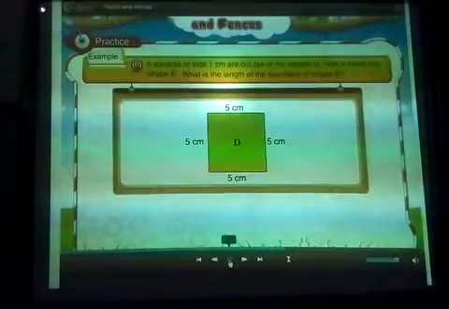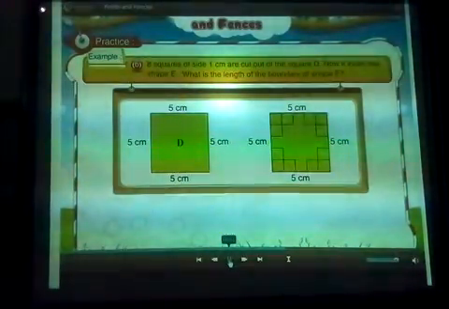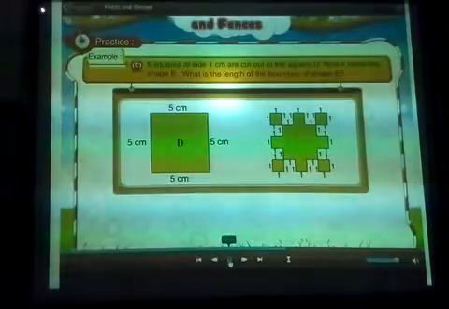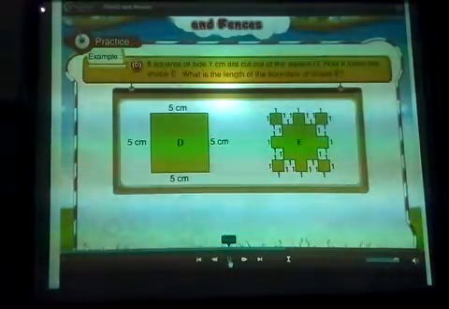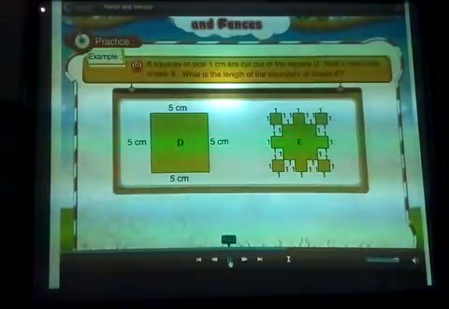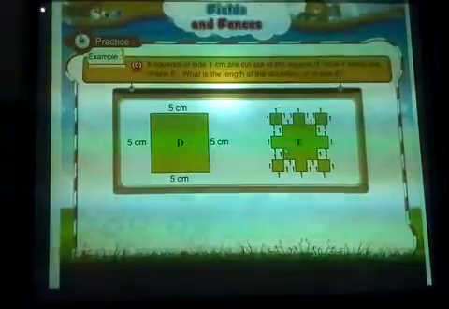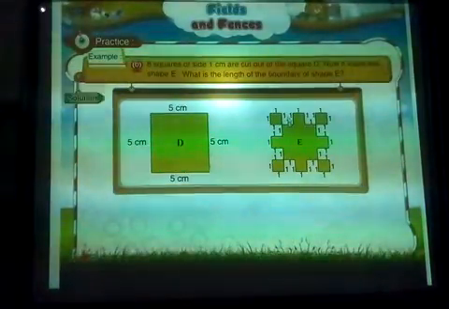B. 8 squares of side 1 centimeter are cut out of the square D. Now it looks like shape E. देखो यहाँ पे कितना सारा length of the boundary चेंज हो रहा है of shape E. कि कहाँ से 1 2 3 4